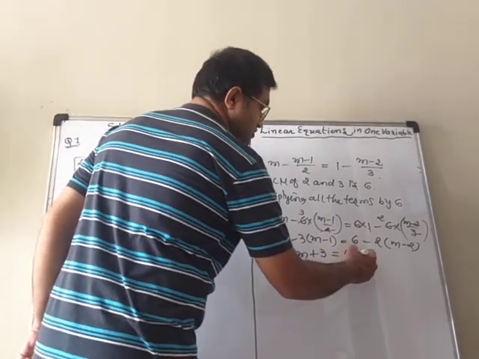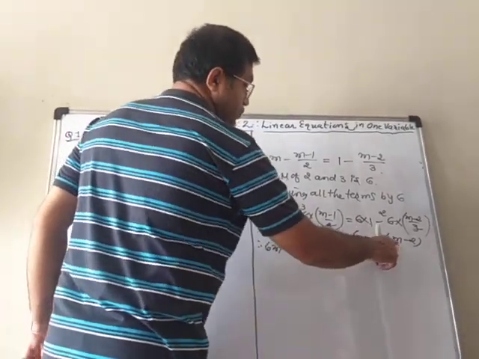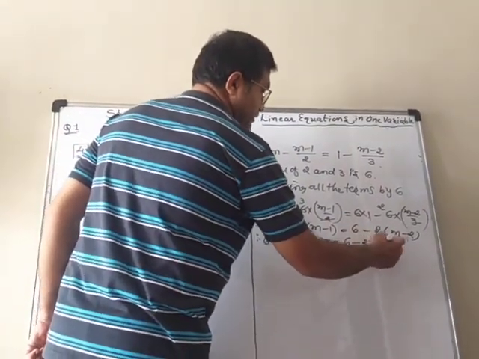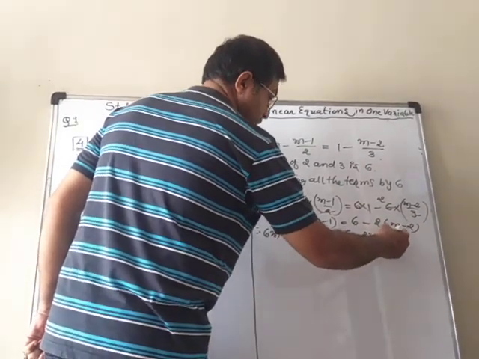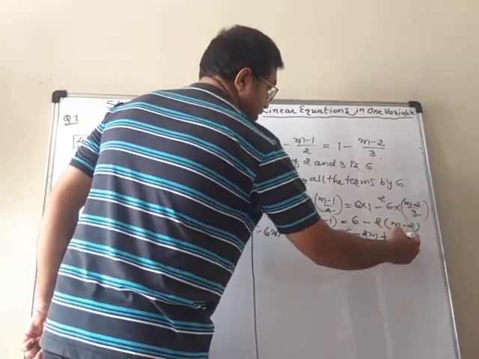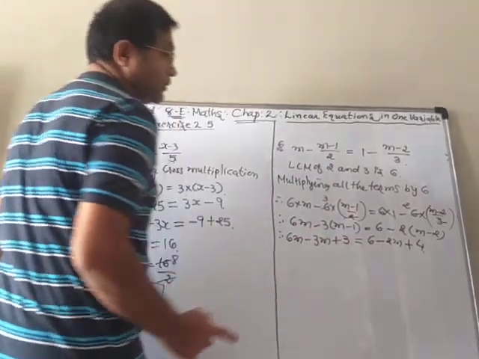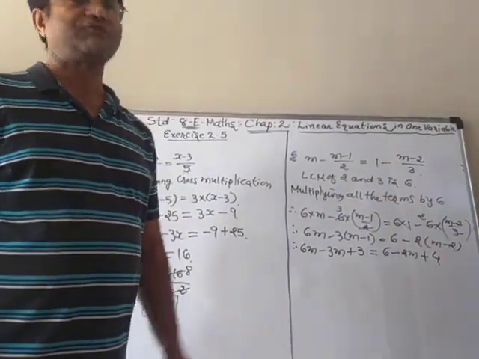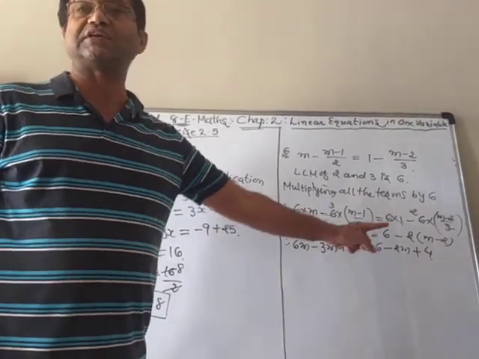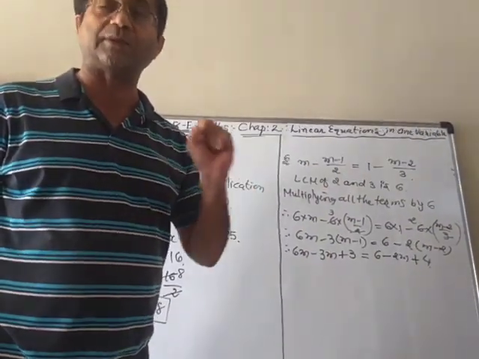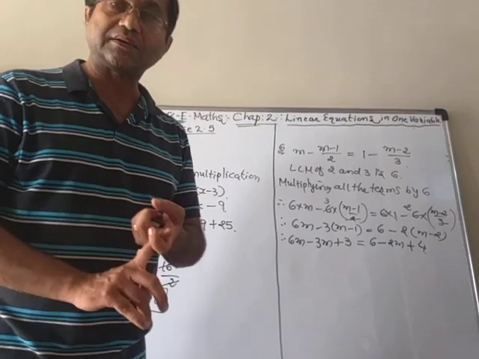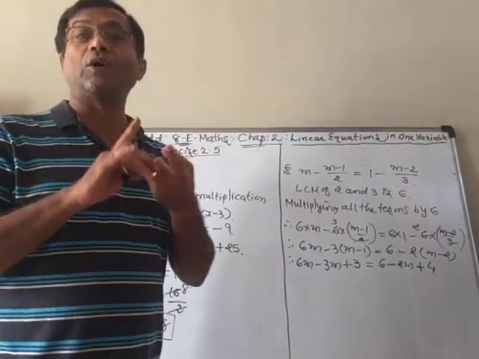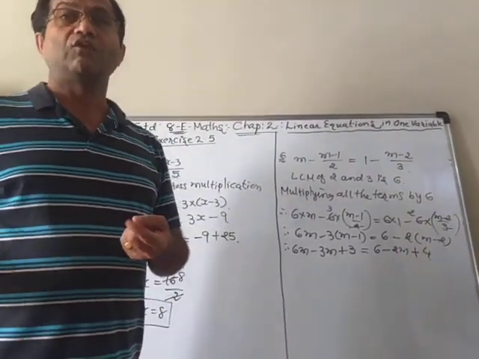Similarly, this side also 6, here also a minus sign. So 2 multiplied by m is 2m, and minus minus becomes plus. 2 2s are 4. That is very important. Most of the students, sometimes clever students, are also forgetting to change the sign when there is a negative sign outside the bracket. So whenever you make a bracket or you open the bracket, that time what will happen?